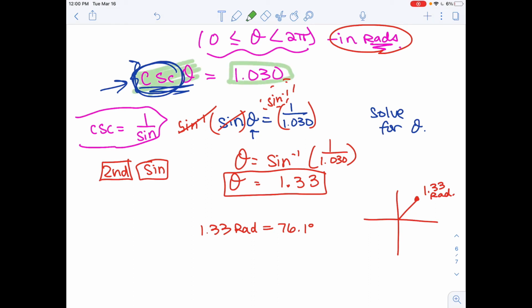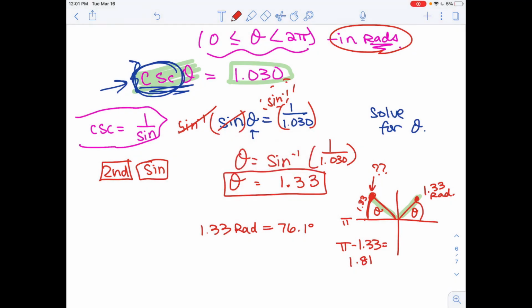Well, remember we talked about it having to be positive. Sine is positive here, but it's also positive in the second quadrant. So I know if this is theta, our reference angle here could also be theta. So if this is pi radians, and this distance from here to here is 1.33 radians, we have to figure out what this is. So we're going to find this point by saying pi minus 1.33 radians. Just like if it was in degrees, which you could solve it in degrees, we could say 180 minus 76.1 degrees to find the rest. So if we do this in radians, pi minus 1.33, we end up with